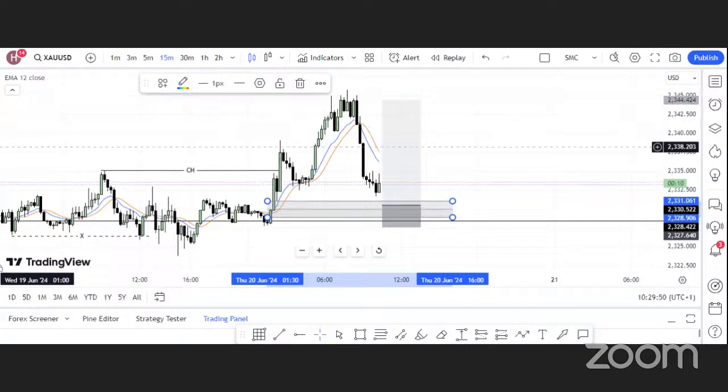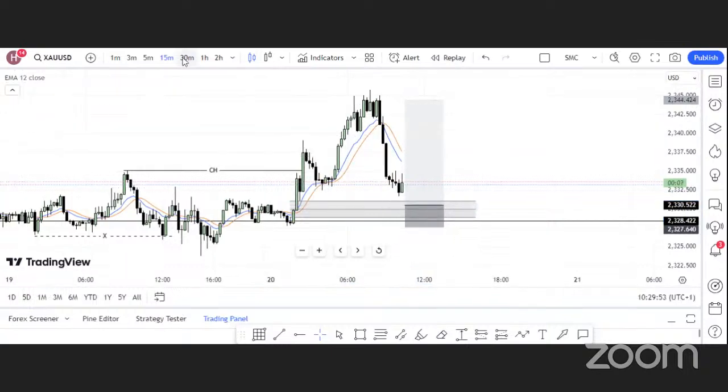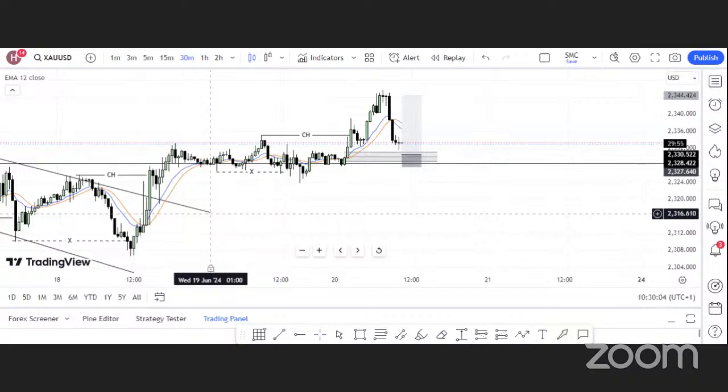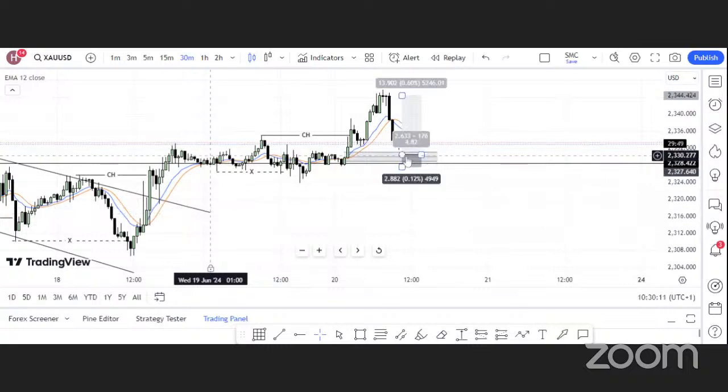Let's continue. So this is the 15 minutes time frame. Let's go back to the 30 minutes time frame. On the 30 minutes time frame, we have a candle that looks like a doji candle. So at the end of the candle,